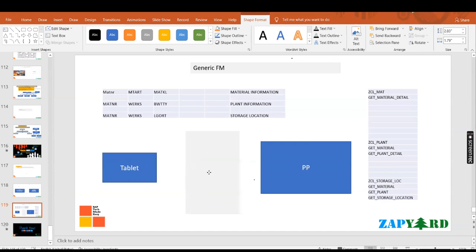And PI was there as a middleware. Okay, in that project, PI was there as a middleware. And in PI, we are using the RFC function module to fetch the data from PP. And PI will have some services generated. Infosys was handling this particular stuff. They were creating this backend part, we were handling. Infosys were handling the PI part, and this was used by the user using the tablet. But again, at